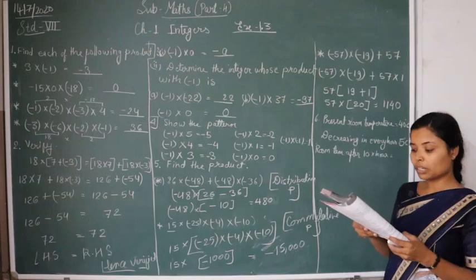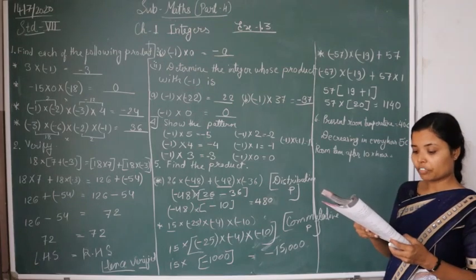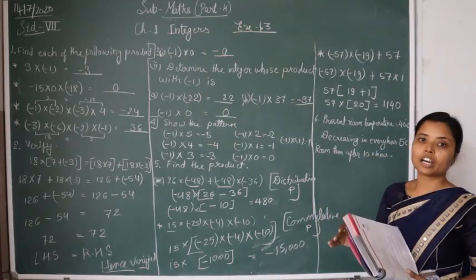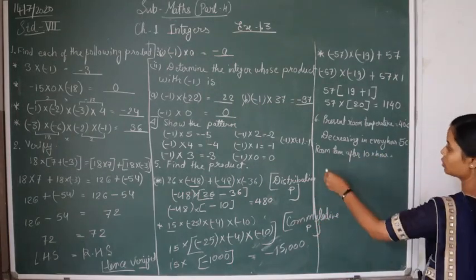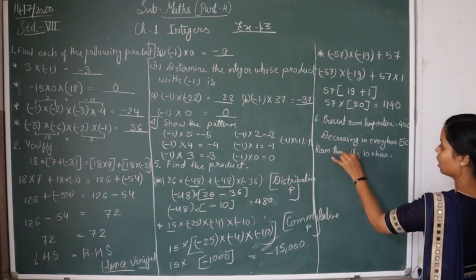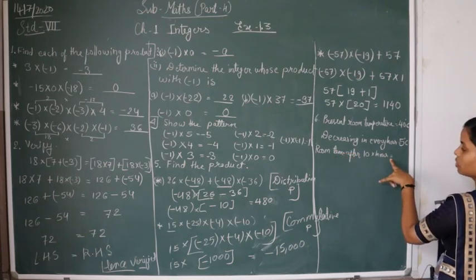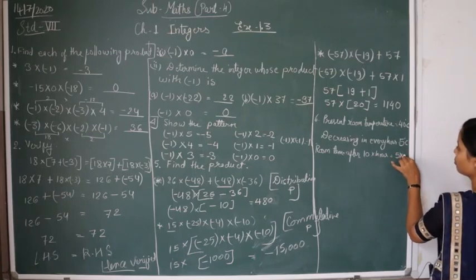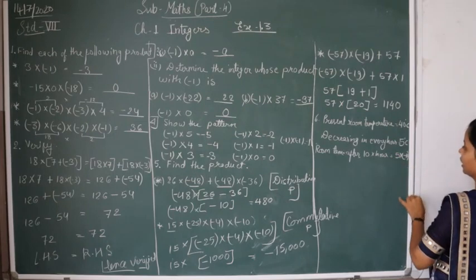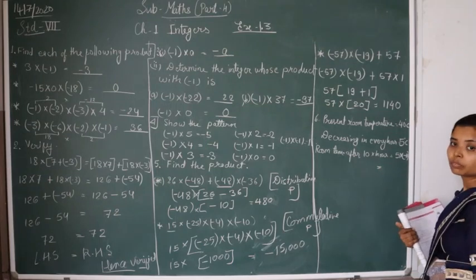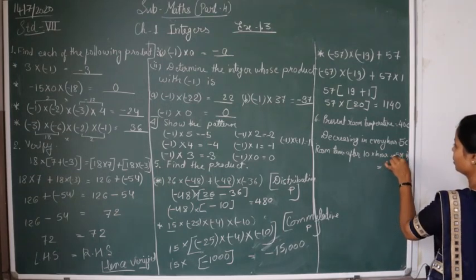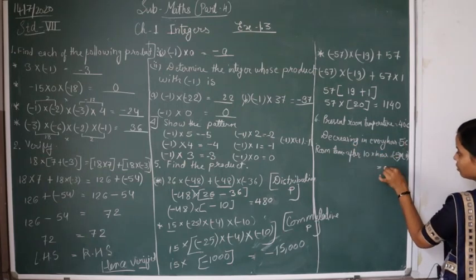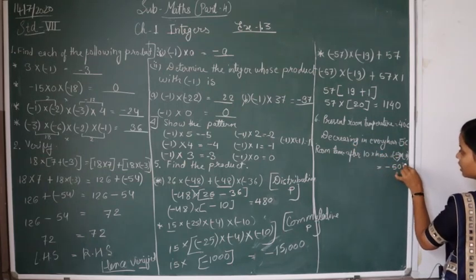What will be the room temperature 10 hours after the process begins? When the process begins, after 10 hours, what will be the temperature? So the room temperature after 10 hours, what should we do? We will multiply 5 by 10, with a negative sign. I write here minus 5. Why? Because it is decreasing. So we get here minus 50 degrees Celsius.